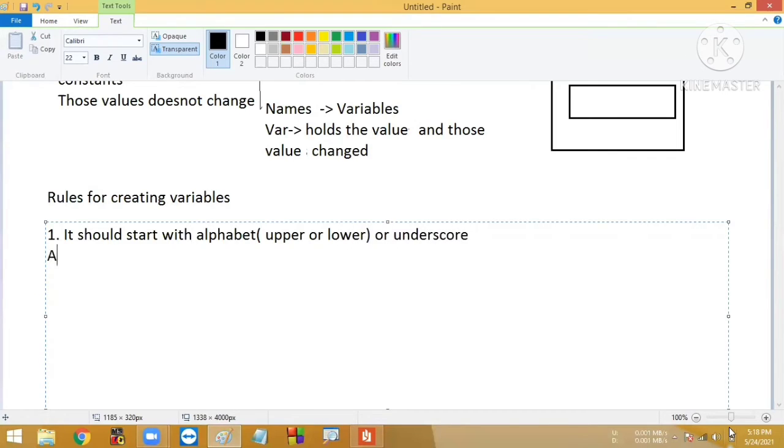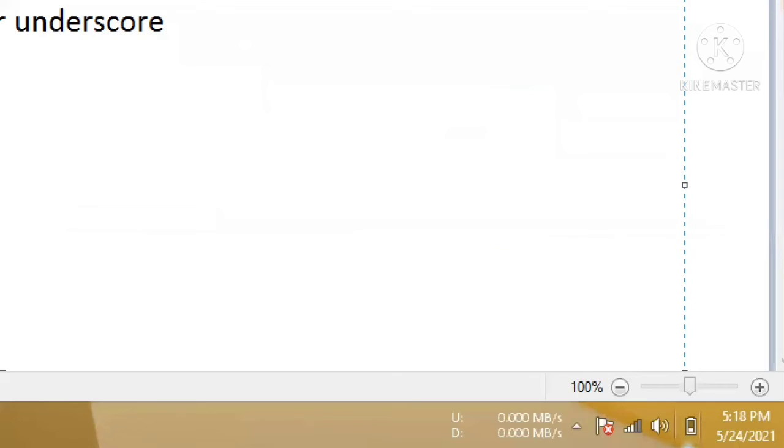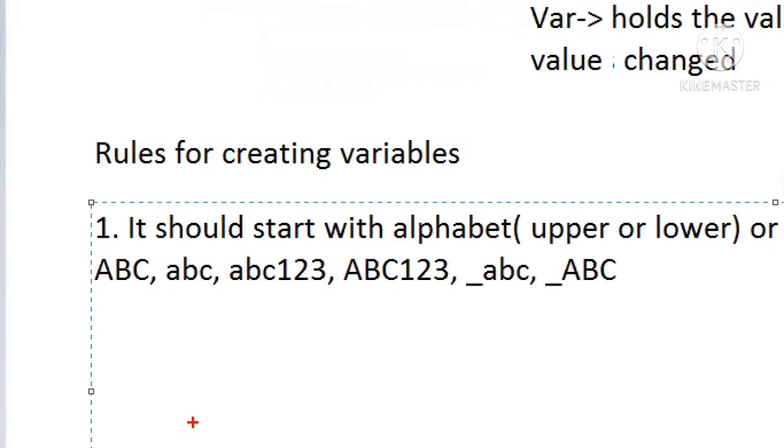Examples I'm writing: ABC I can create, ABC123 I can create, underscore ABC I can create. Taking one word, I have given many combinations: starting with a capital letter, a small letter followed by digits, underscore followed by small letters, underscore followed by capital letters.